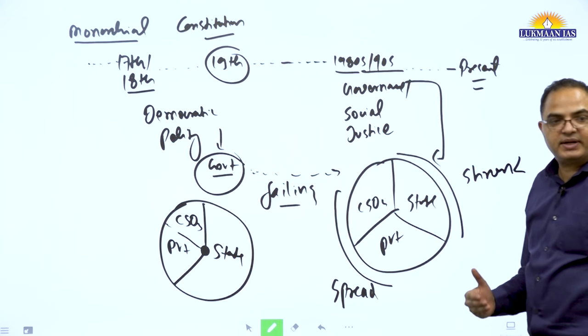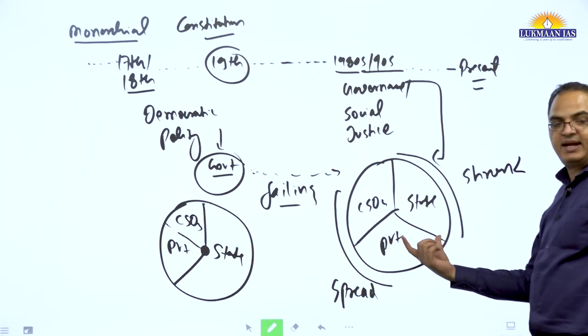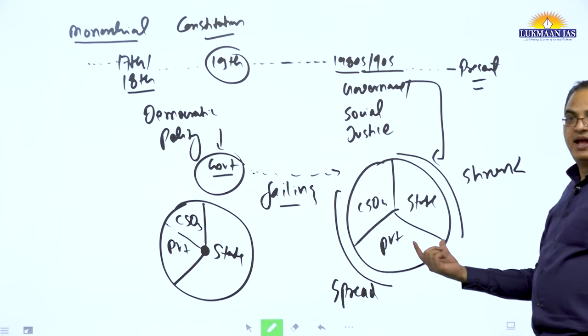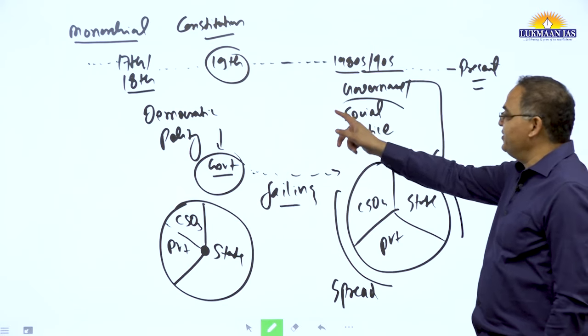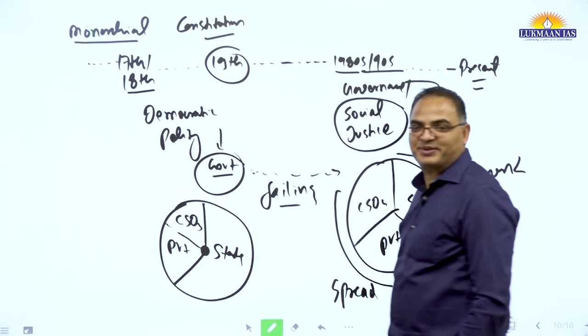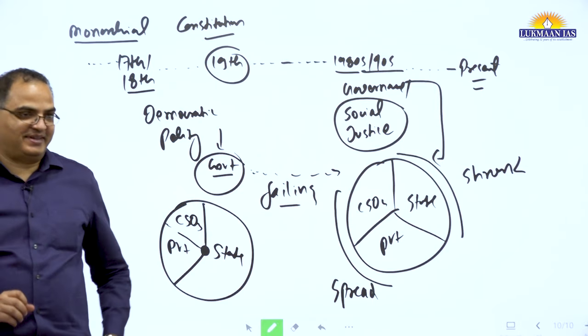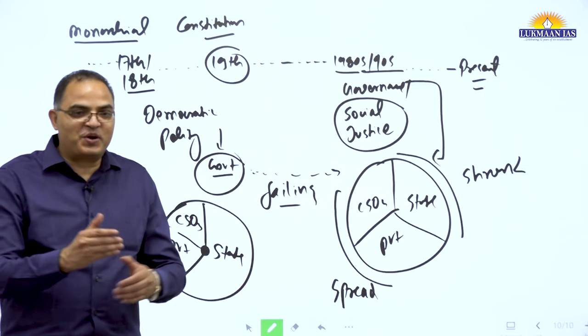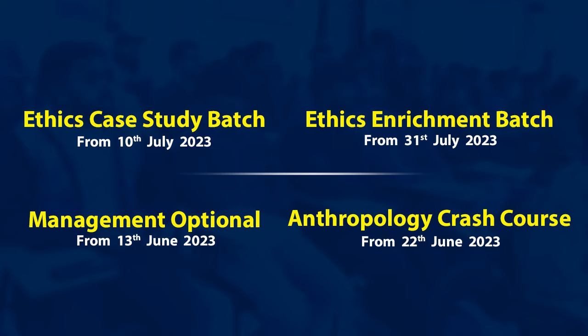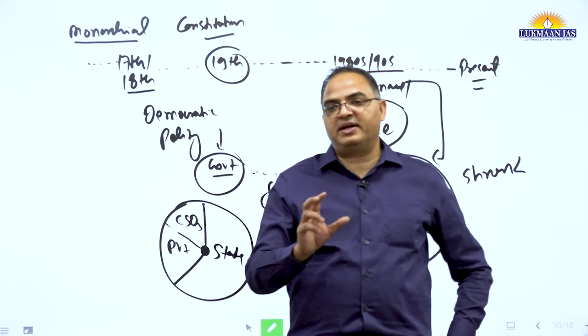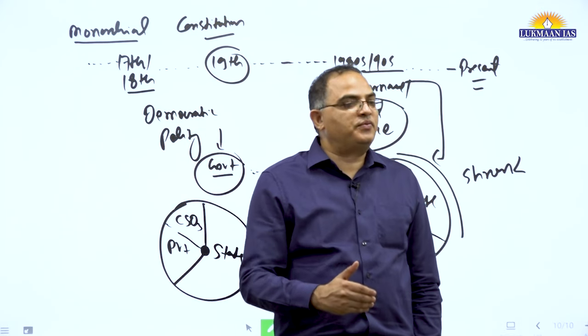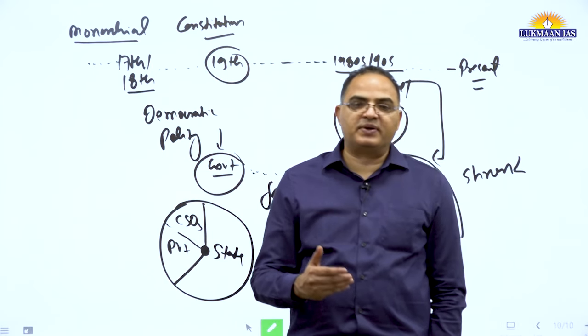If you talk governance, what is governance? Governance means collectively solving the problems of society. And for what? You want to achieve social justice. Social justice is an objective, and governance is a sort of means, a process, in which polity is also included. So today polity will also have a role for civil society organizations as well as the private sector.